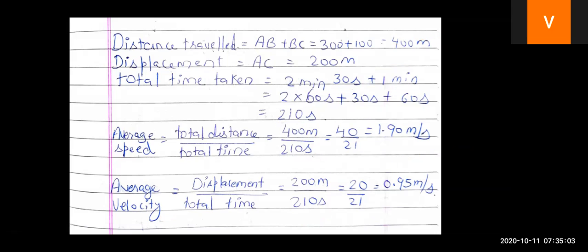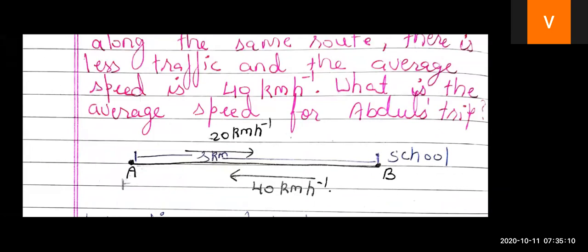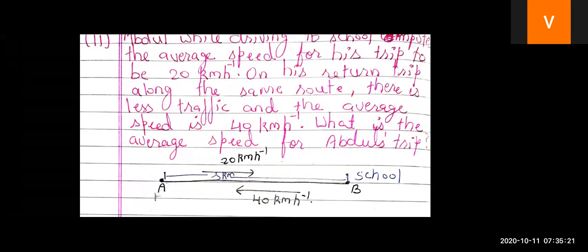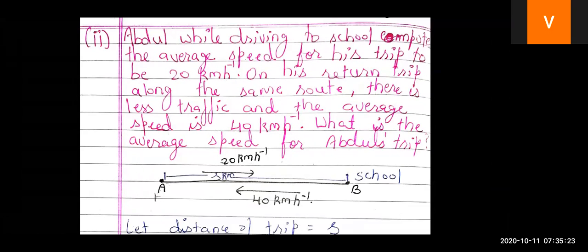Okay, children. Now, let's solve one more example. And children, this is your NCERT in-text question. And this is your question number 3 of your NCERT, which is given on page number 112. Let's read it. Abdul, while driving to school, computes the average speed for his trip to be 20 kilometers per